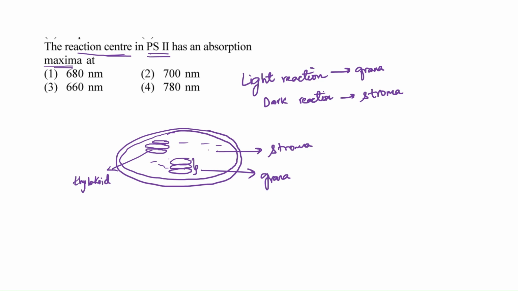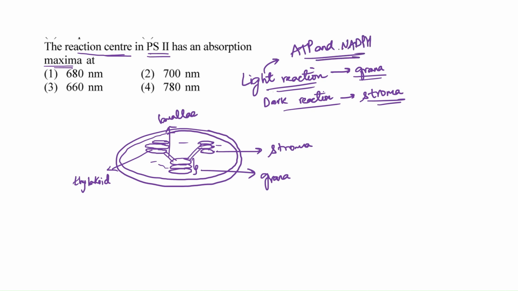Okay, and these grana are connected to each other. For example, you can consider one more grana here. So they're connected by lamellae. Okay, so light reaction takes place in the grana and dark reaction takes place in stroma. During light reaction, ATP and NADPH are produced. These are utilized to convert the carbon dioxide into glucose